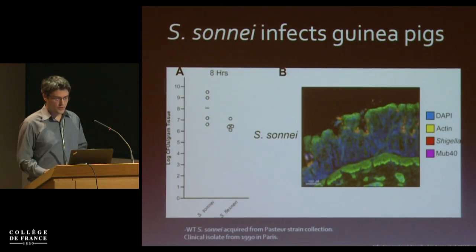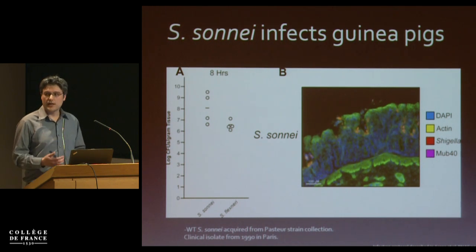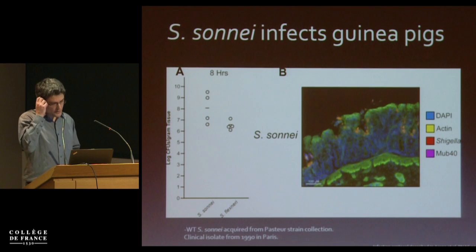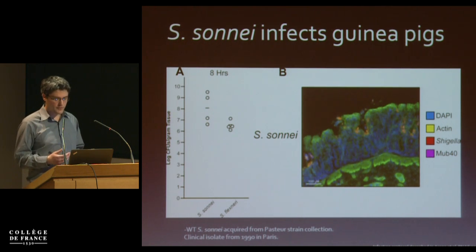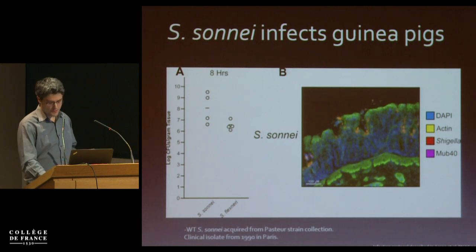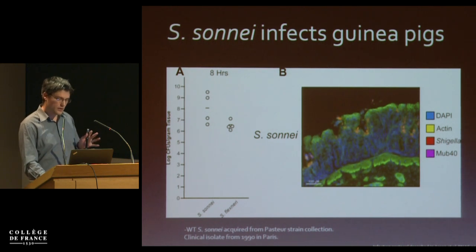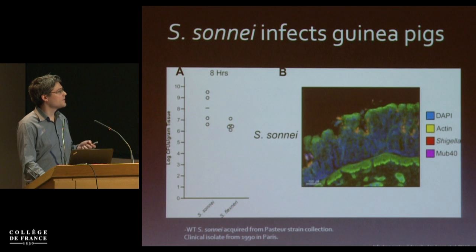Before we could go into that, we had to make sure that our Sonnei strain would be infectious, because there's a new model system developed in the lab looking at flexneri infection of the guinea pig. The guinea pig is nice because it pretty much recreates all of the signs of disease and symptoms that occur in a human infection, whereas other model systems don't quite as accurately represent that.